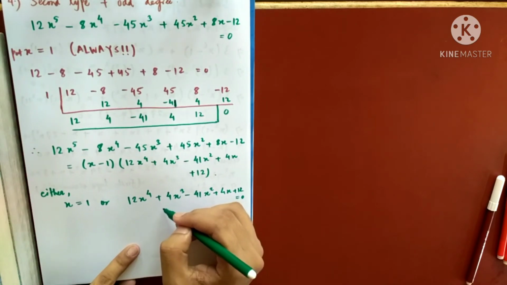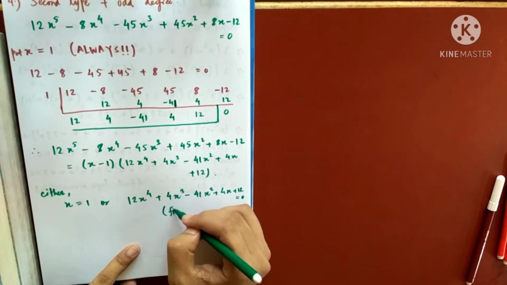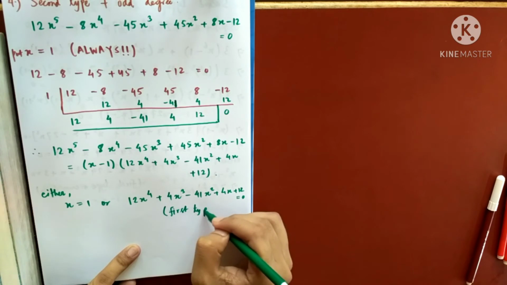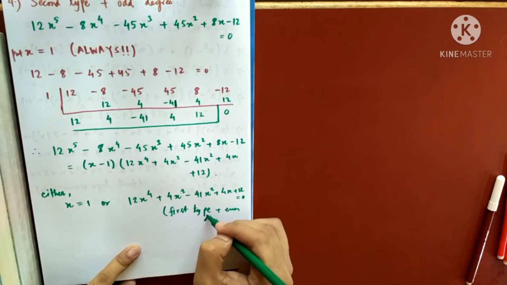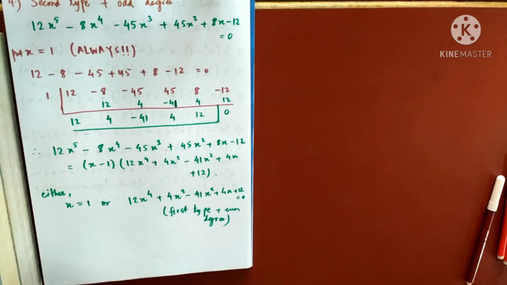So this is of the form, standard form, first type plus even. So we are done with our claim. What we have seen till now, so this is up to you, is that any of the reciprocal equations can be somehow converted to first type and even degree. I have shown you every possible example. So when it is first type and even degree, we don't have any problem to solve. We know a technique to solve.